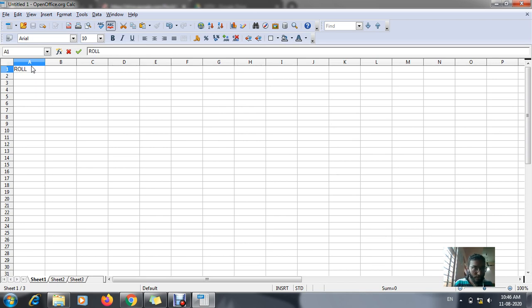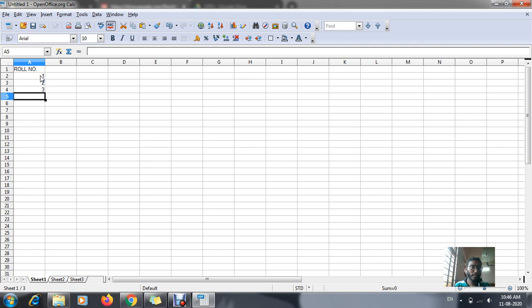First of all, I am entering the roll numbers. Two methods are there. Either we can enter one by one: roll number 1 enter, 2 enter, 3 enter. This is the first method. Just imagine if I have to enter 50 students' roll numbers, it is not possible to do in an easy way. Each and every time I have to give 1 enter, 2 enter, 3 enter, so it's a hectic thing. So there is a shortcut method for entering this.